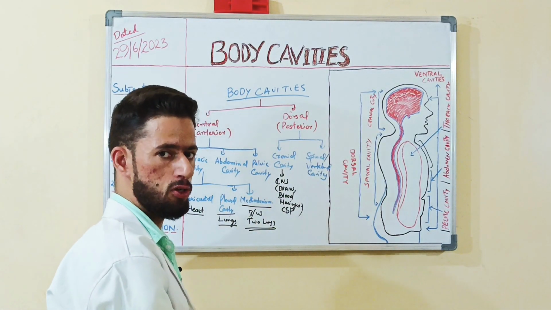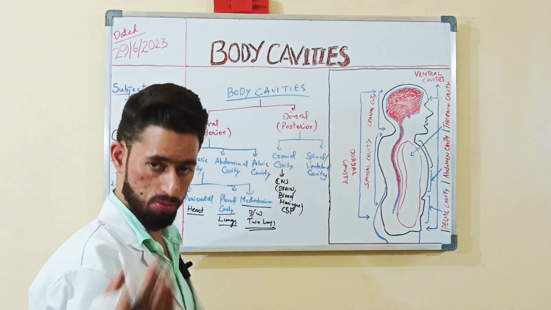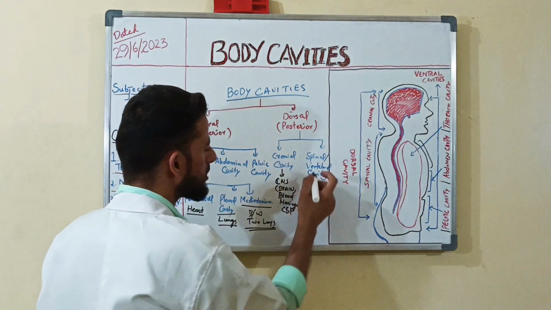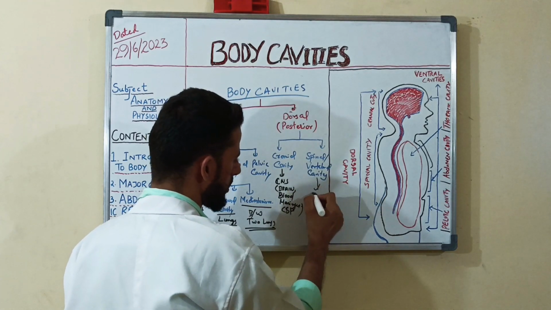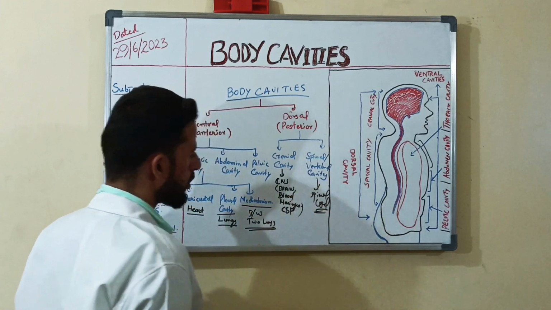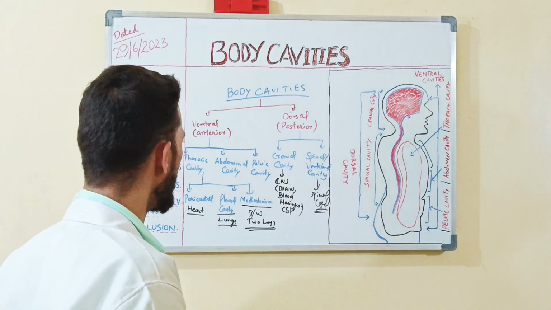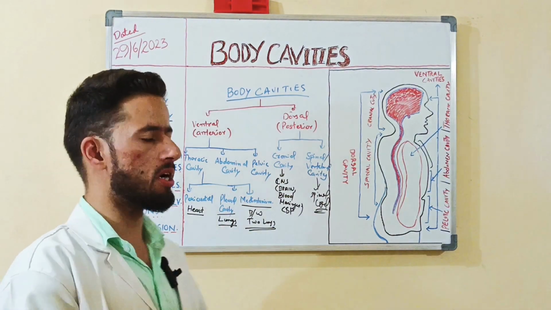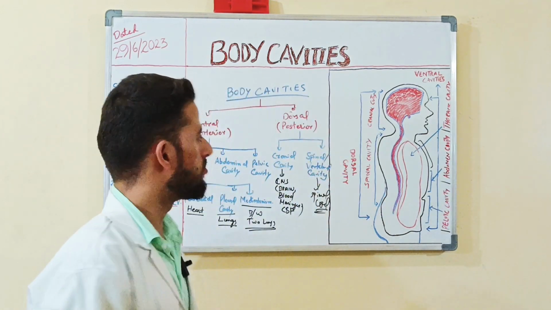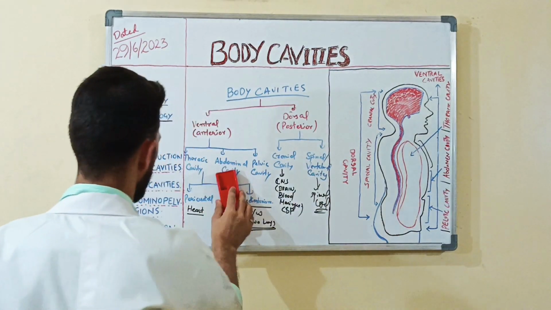The facial bones, the bones in our face, will also come, along with nerves. So that will all be located in the cranial cavity. And next is the spinal or vertebral cavity. What mainly comes in it? The spinal cord, understanding. So this is all about the cranial cavity and spinal cavity. These are all the main cavities of our body which are located on the anterior as well as the posterior aspect of our body. Okay, so these were all the body cavities located in your body.